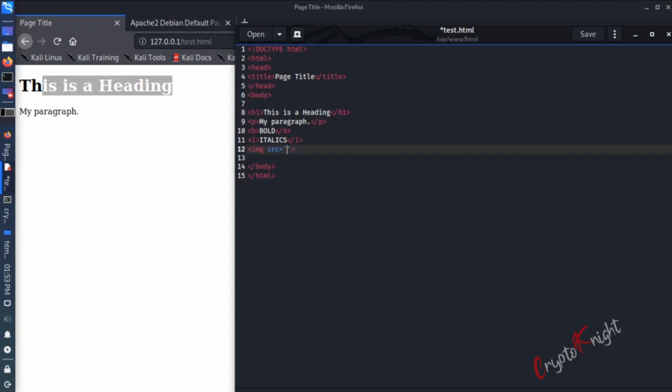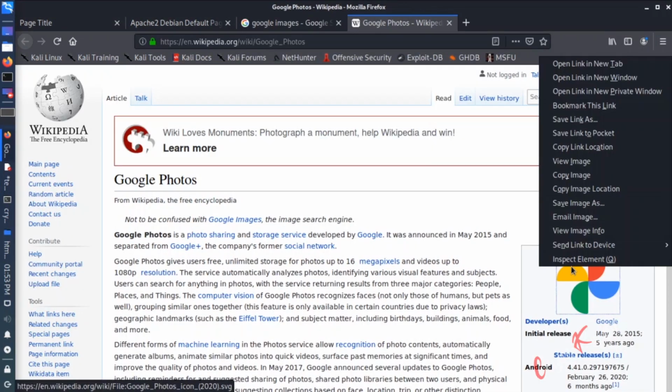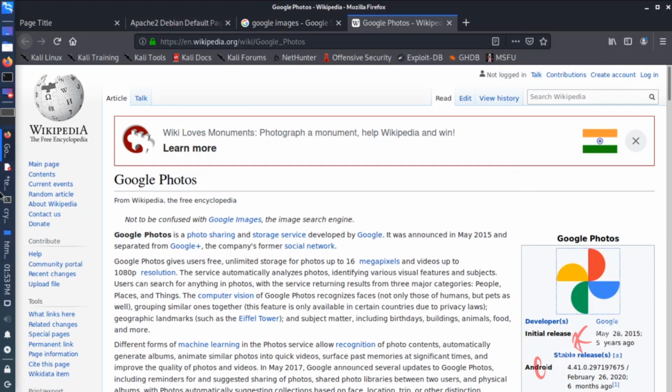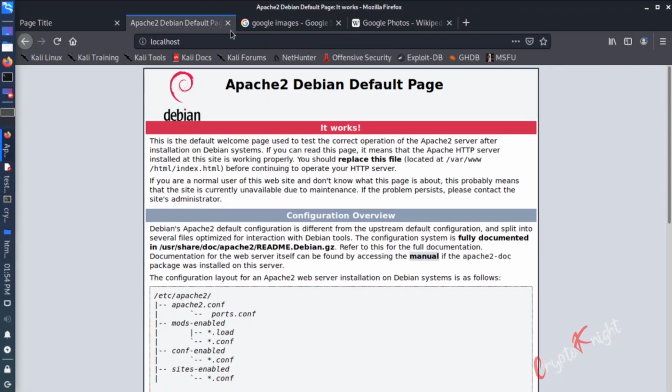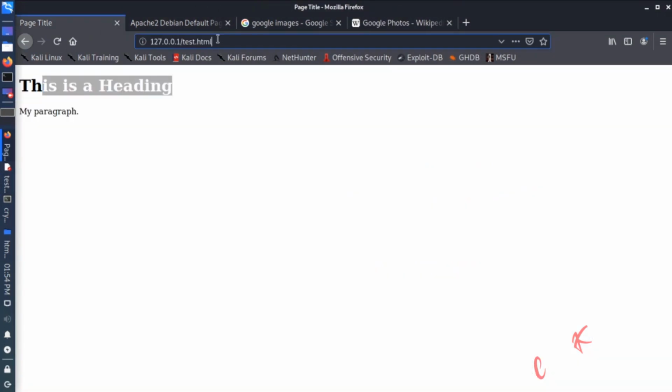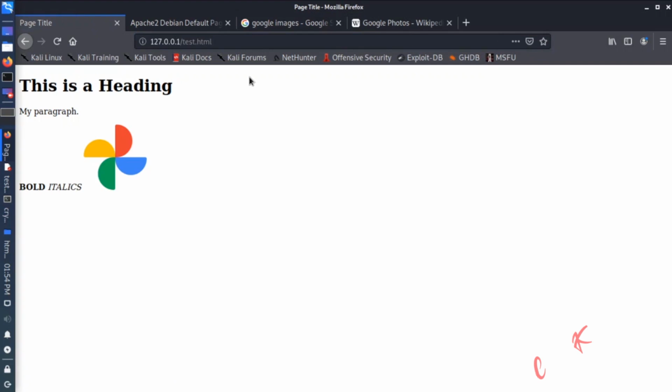So we have to give any source here. So let's go, right click, copy image location. Then we give the image location and hit Ctrl S. And let's see what happens to our page. Now hit enter. So this is a heading, my paragraph. It is bold, italics, and the image has been fetched after that.